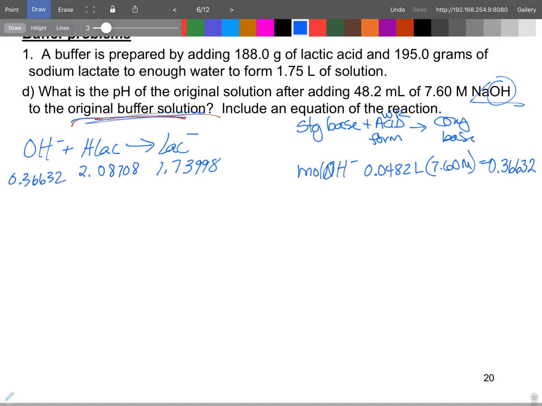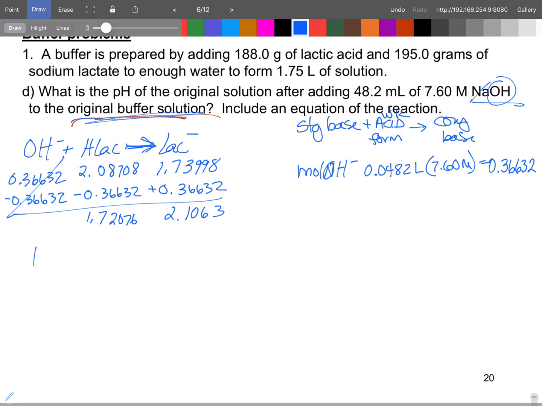0.36632. Again, this is a reaction. It is a one-way reaction. It is not an equilibrium, so it's not an ICE table. It's just simple stoichiometry. And the beauty of acid-base reactions is it's only one mole at a time, so everything is 1 to 1. 1 mole of protons. So again, the strong base should drop totally out. If it doesn't, then you have a problem. So you're 1.72076, and now you're up to